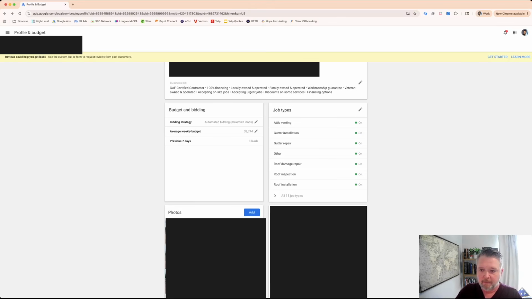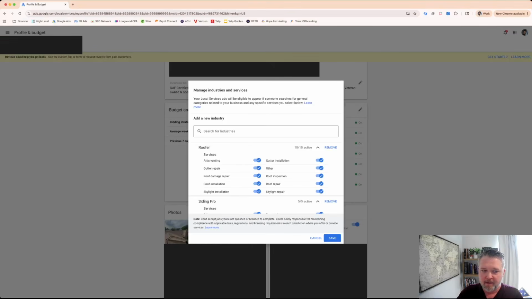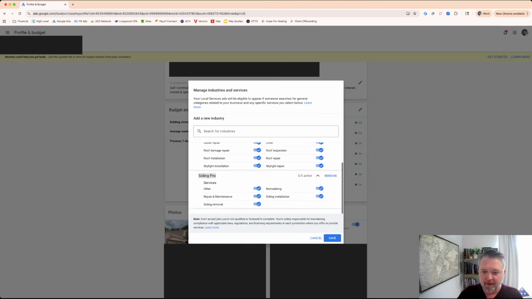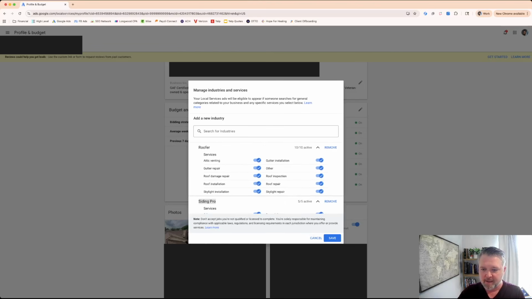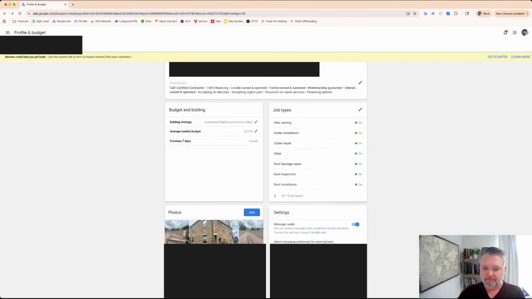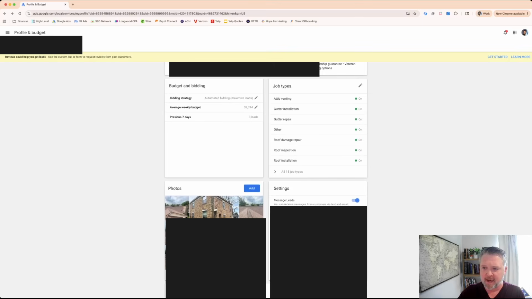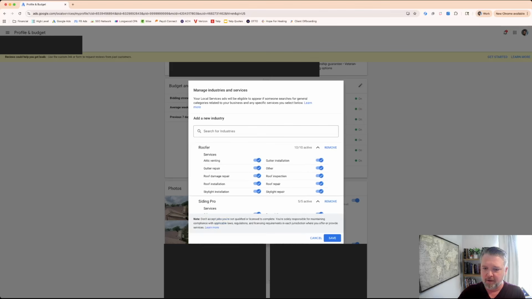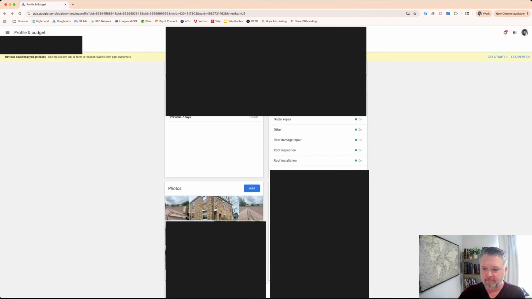So, moving here under job types, you could tell Google, hey, I want to not only go for roofing jobs, but I also want to go for siding jobs. And you can see all the different jobs that are toggled on here for roofing and also for siding. So gutters kind of falls under as a subset for roofing. If you also did windows, then windows would be in there as well. And soffit and fascia would go under roof damage repair and roof repair. That is one that roofers in Florida hate getting calls for, soffit and fascia, but unfortunately it's a part of roof repair.